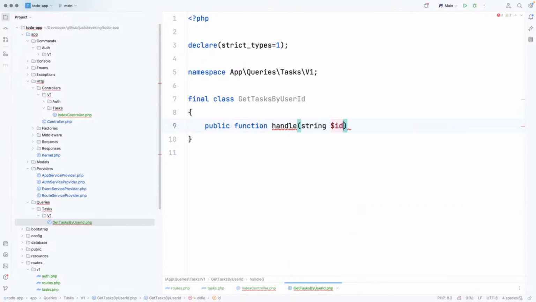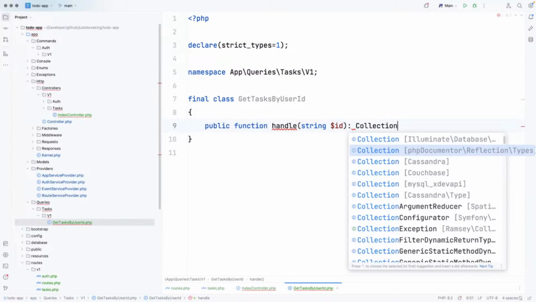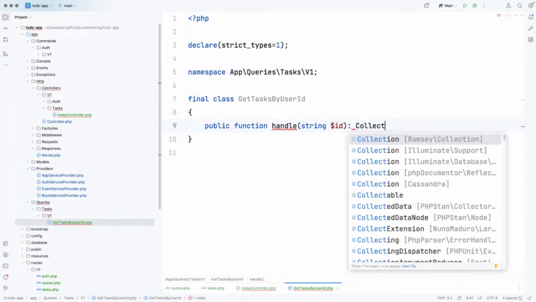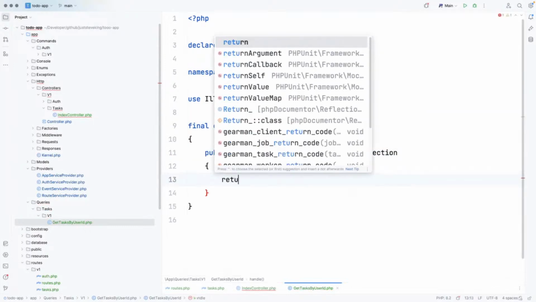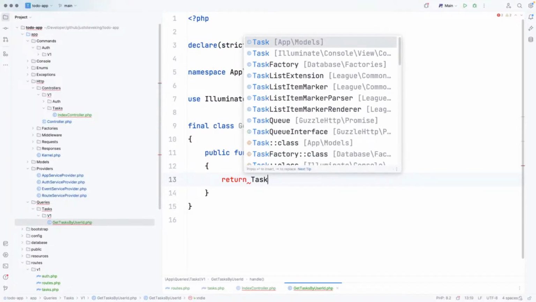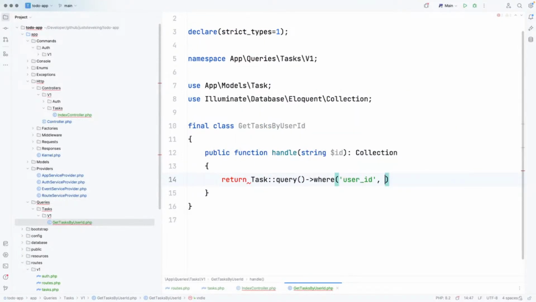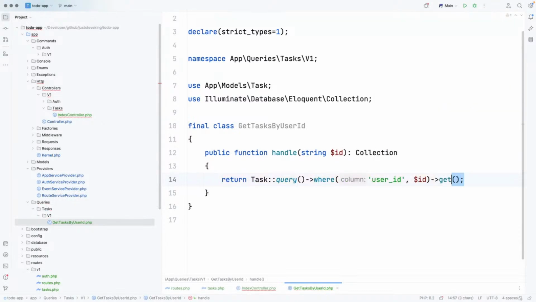This will pass through the ID for that user. And what I'm expecting is a collection back. There it is. Almost missed it. Return task query where user ID is ID, get. Now